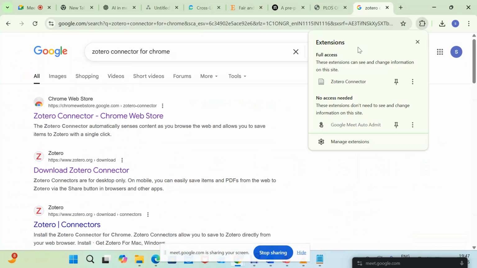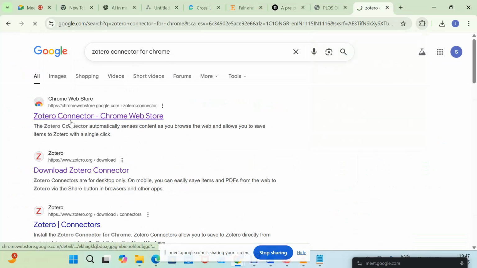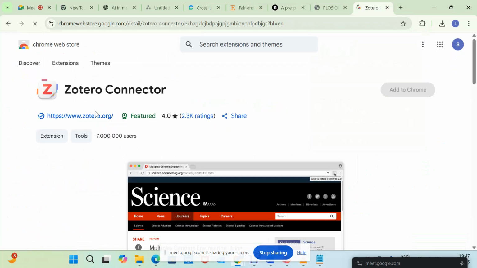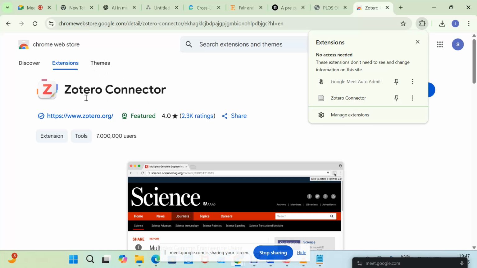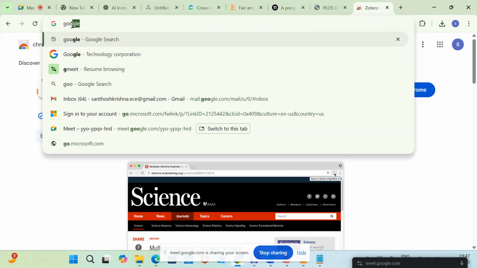It is like an extension, a connector. I have already added this. If you type in Zotero connector, you will get the extension. You can just install it as an extension first. Then one more thing we need to take, that is Zotero.